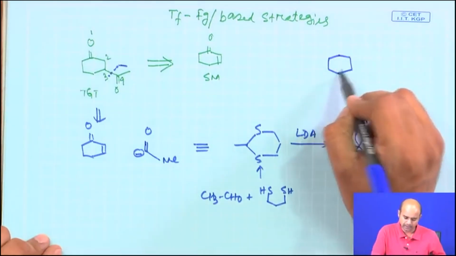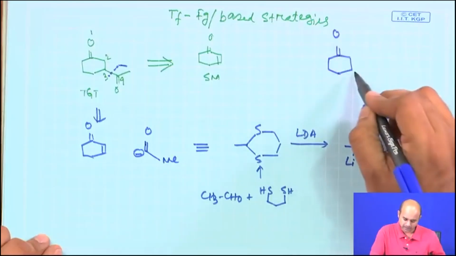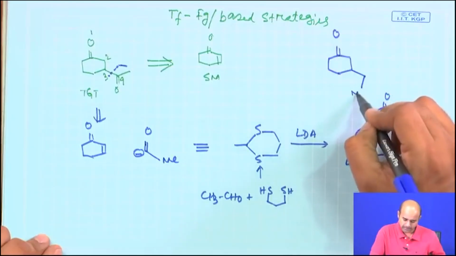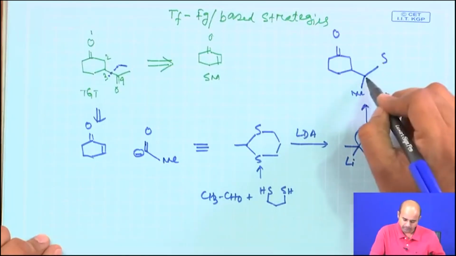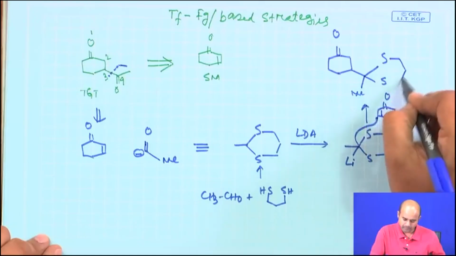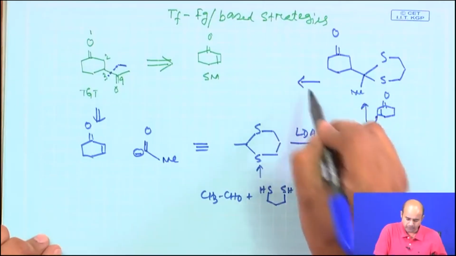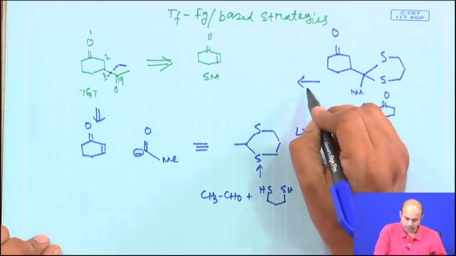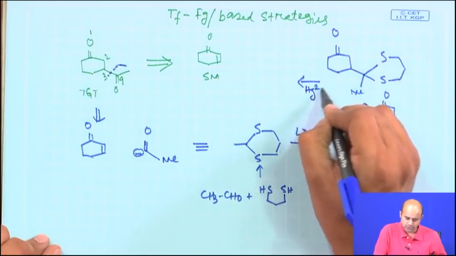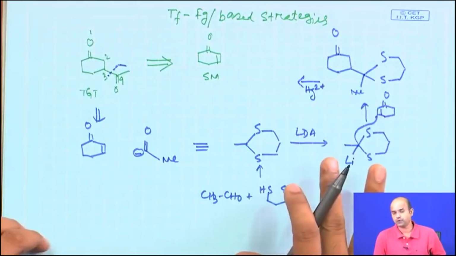So, you will basically get fine. Next step is only remaining, you have to remove this 1,3-dithiane group, that you can do by Hg2+. Now, this is very straightforward, absolutely straightforward, there are no hidden